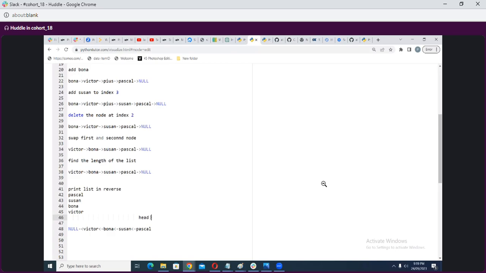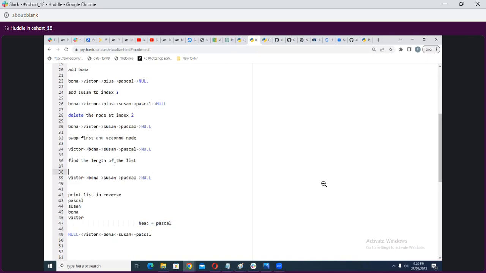Then the head now, that head I was telling you guys about. So the head now will have what? Pascal as the first node. So once I have Pascal, here actually the head was having what? Victor as the first node. Does that make sense? The first node here is Victor. But by the time I reverse this